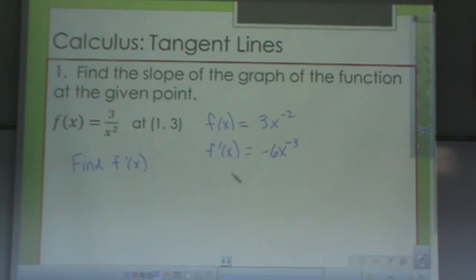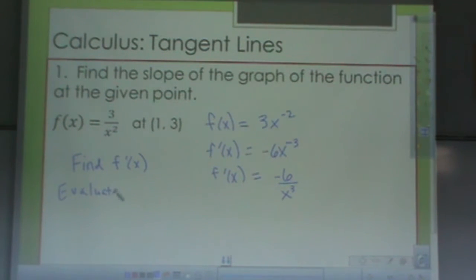And now what I'm going to have to do is evaluate this derivative at a particular point. They tell me the point is 1, 3. So if I know I'm going to be substituting a number for x, I'm going to change this derivative back to a form I'm a little more familiar with. So I'm going to move that x to the -3rd, and its equivalent form would be -6 over x to the 3rd. And now what I want to do is evaluate